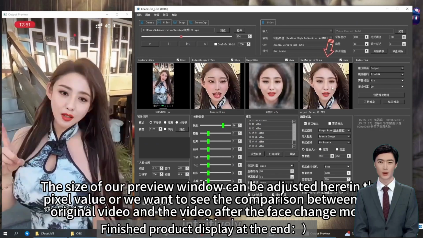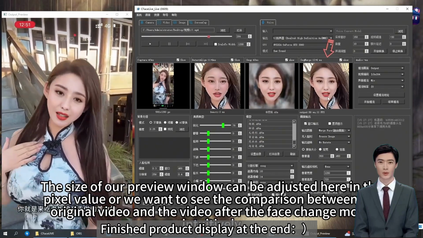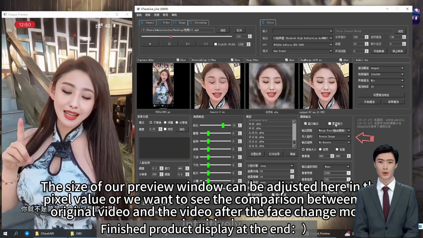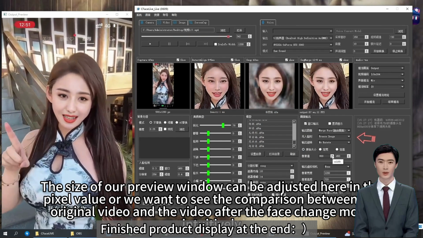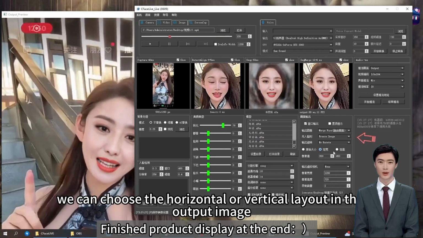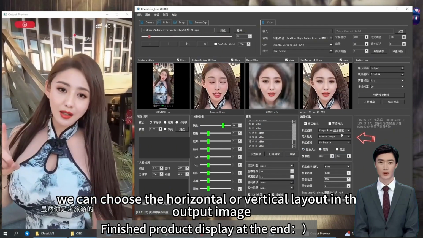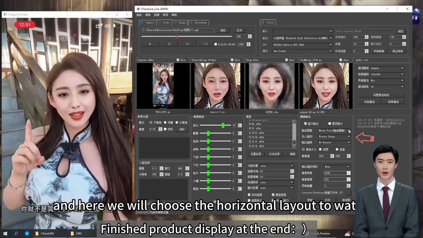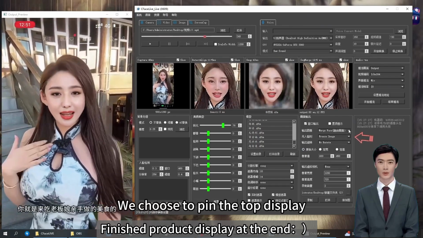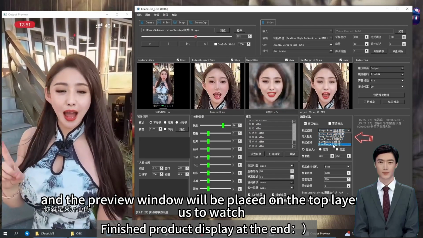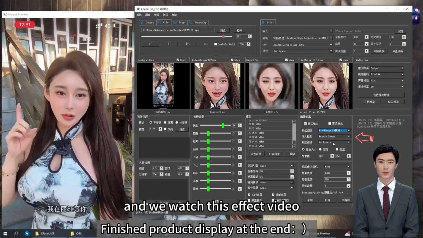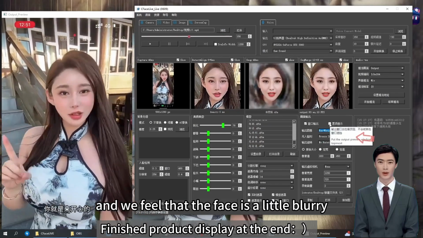The size of our preview window can be adjusted here in the pixel value, or we want to see the comparison between the original video and the video after the face change more intuitively. We can choose the horizontal or vertical layout in the output image, and here we will choose the horizontal layout to watch. We choose to pin the top display, and the preview window will be placed on the top layer for us to watch, and we watch this effect video, and we feel that the face is a little blurry,